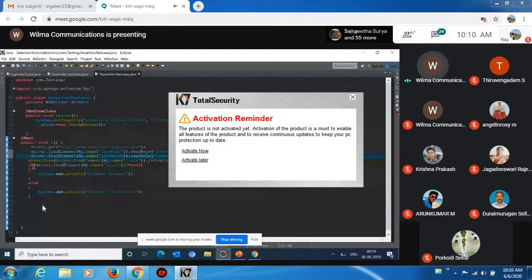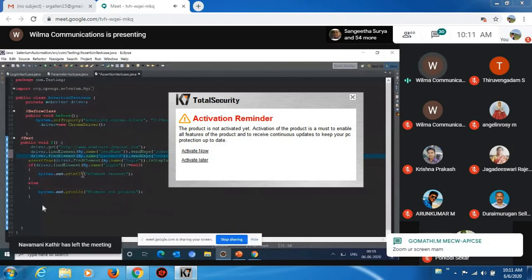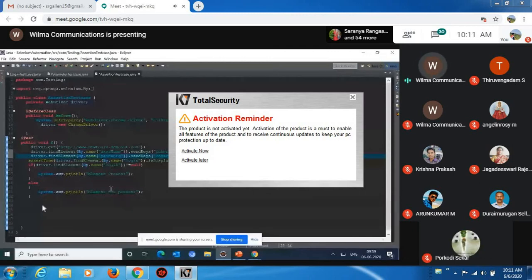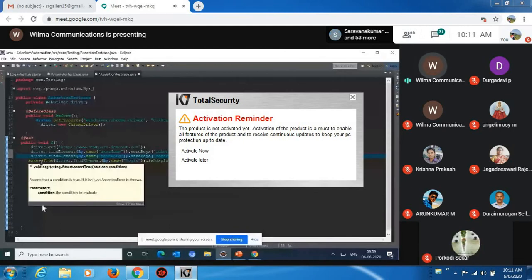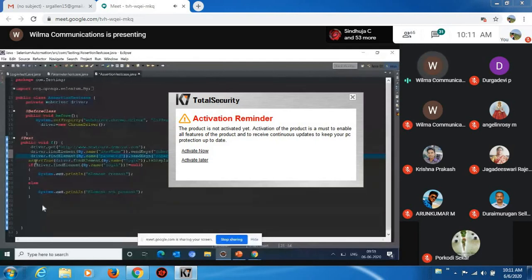If it is displayed, then I want to print a message in the output console window, element is present, else this message. So basically in Selenium, when you add an assertion, here you can see I have added the assertion statement, assert true. If the assertion fails, the rest of the code won't get executed. That means if line number 24 passes, the rest of the code will get executed.